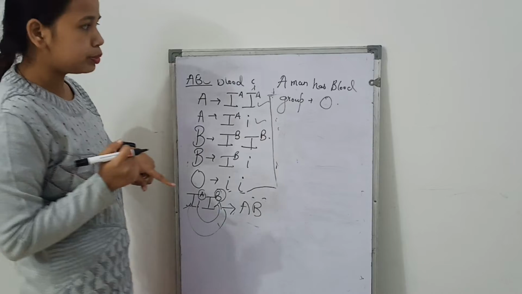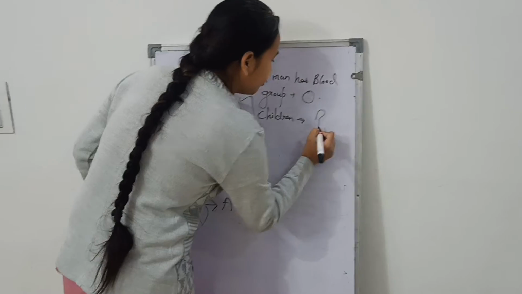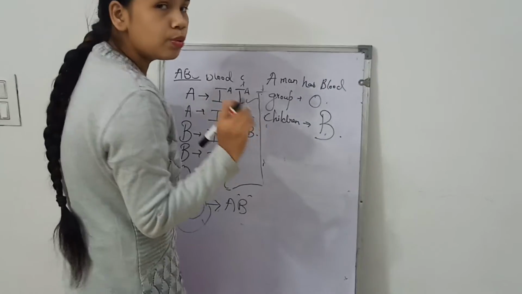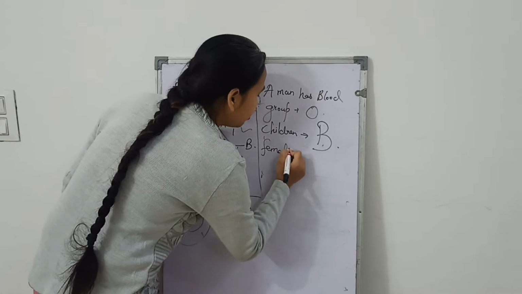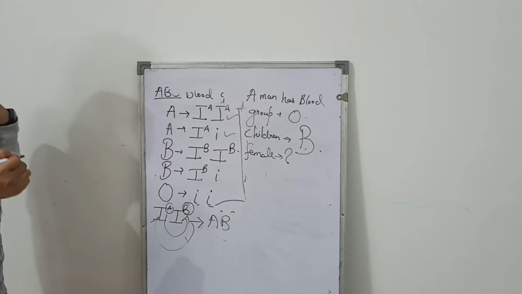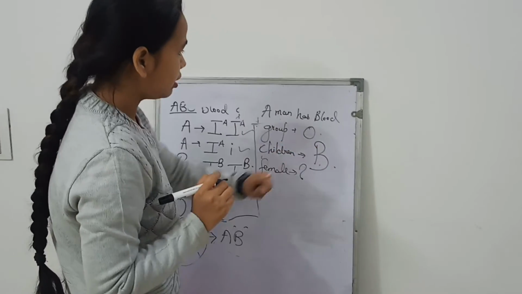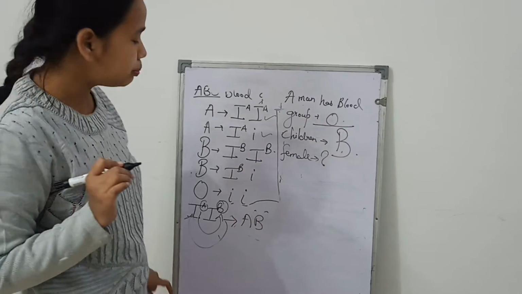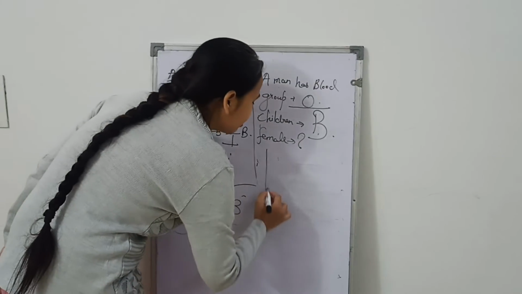A man is having a blood group O and his children have blood group B. So, what can be the blood group of a female, or what is the blood group of the mother? So, here we have to find the blood group of a female individual. So, in this type of question, let's do the cross. It is very clear from the question that a man is having a blood group O. So, for the blood group O, only this genotype is possible. So, let's make a Punnett square